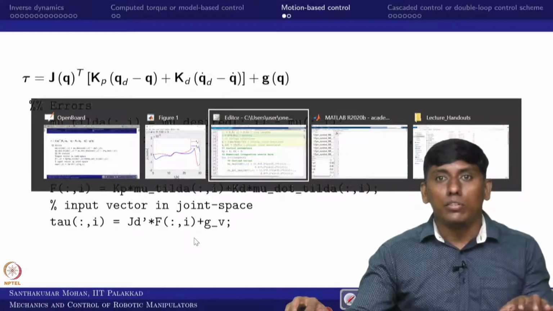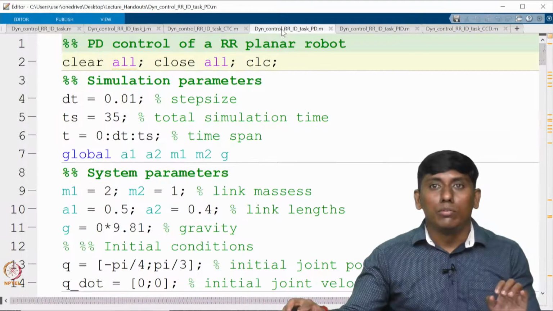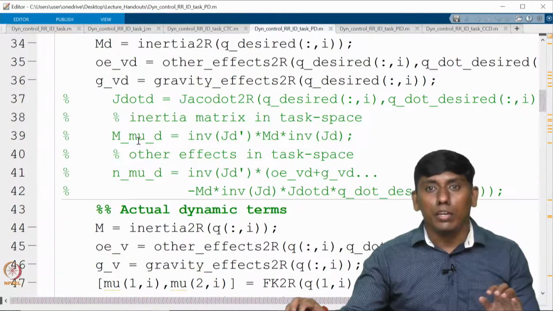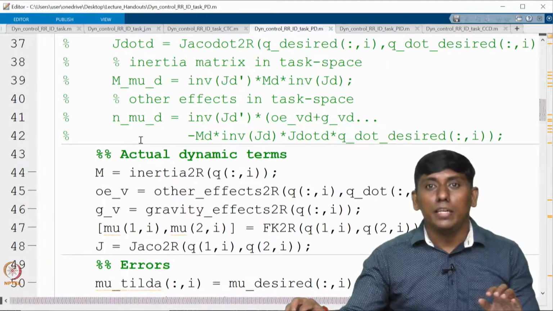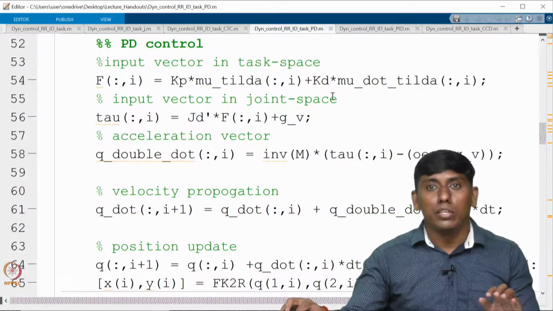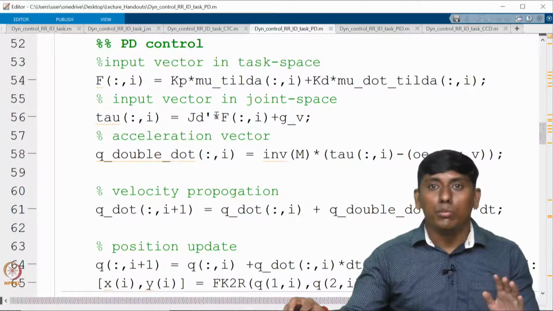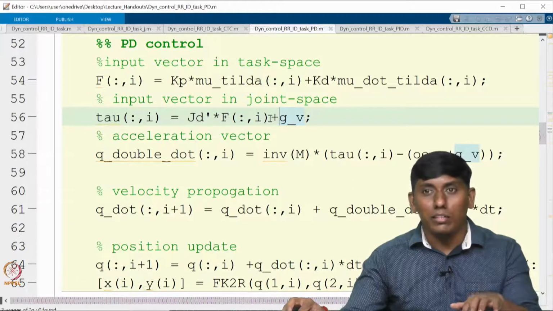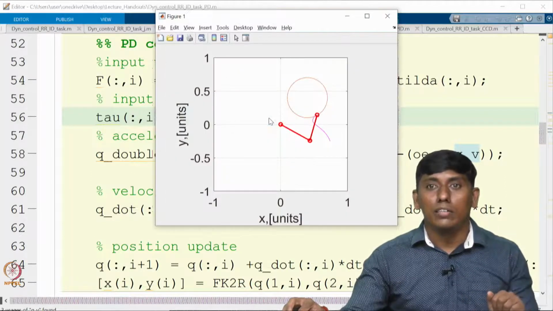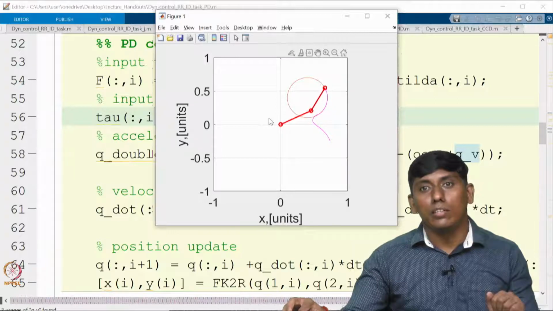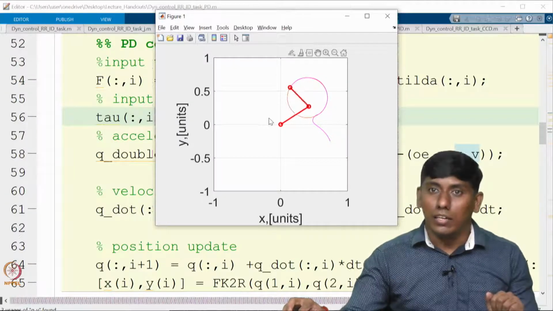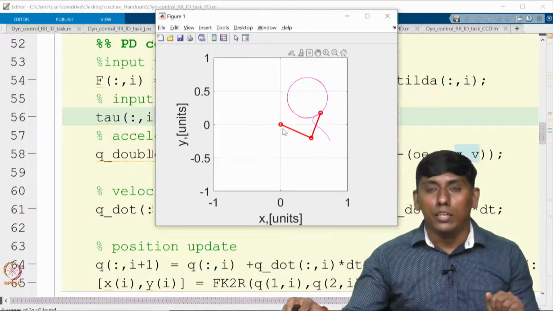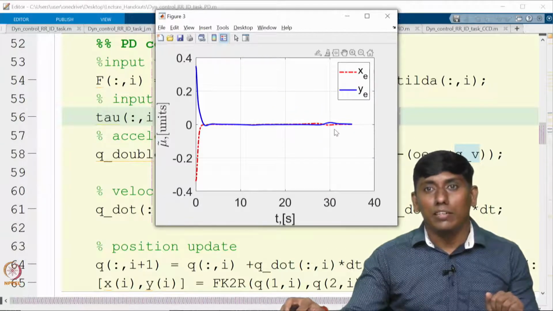Okay. So I am just showing that PD control. Now you can see the PD control, even the gravity we can include later on. Right now we can see the PD control coming into the picture, right. So this is PD and the gravity compensation. In this case, gravity is not there, and you can see it is starting from non-zero and trying to follow the circle. Initially there is an error, after that it is much more improved. So you can see there is a small error.